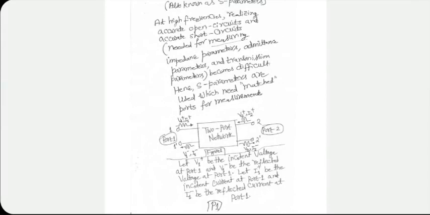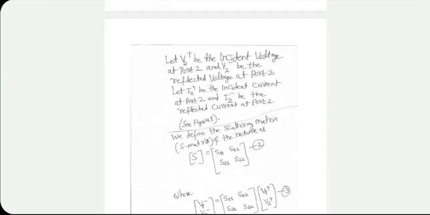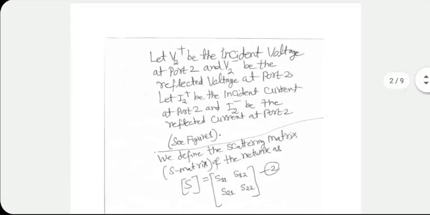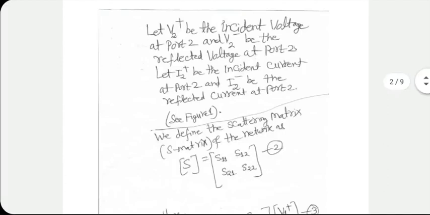S parameters essentially connect reflected voltages with the incident voltages rather than connecting voltages with currents, etc. They don't talk about total voltage. They talk about reflected component and the incident component. There are obviously, I'm talking about two ports here. So S parameters are only 4 and they are written in this symbolic matrix form. S11, S12, S21, S22. They are unitless quantities, by the way. This is how we define them.